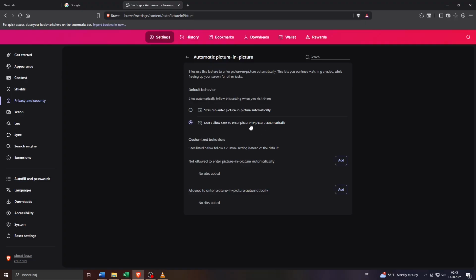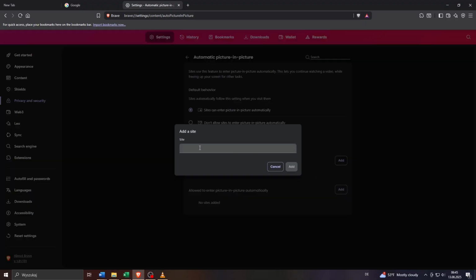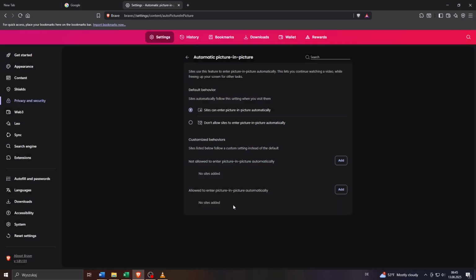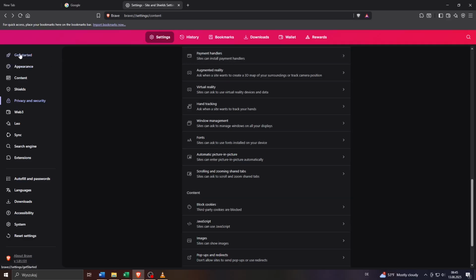Of course, alternatively, guys, you may also set custom exceptions for that rule here by adding the given website's URL by clicking on Add there, and by confirming it, you will give the given website or video streaming platform the exception permission to still use that picture-in-picture mode, even if it's in general disabled here. So that's another one. And the last option, guys, or the last measure would be to simply disable and maybe even remove all extensions